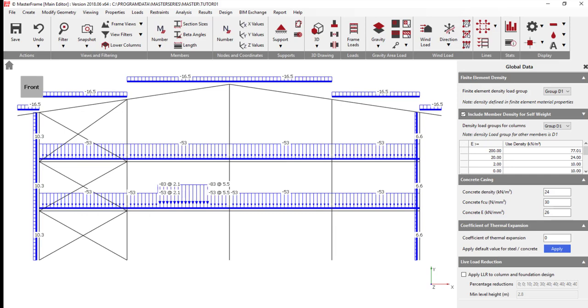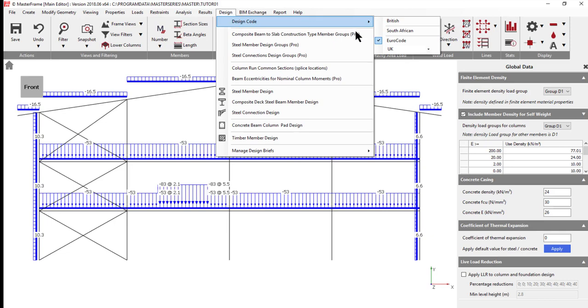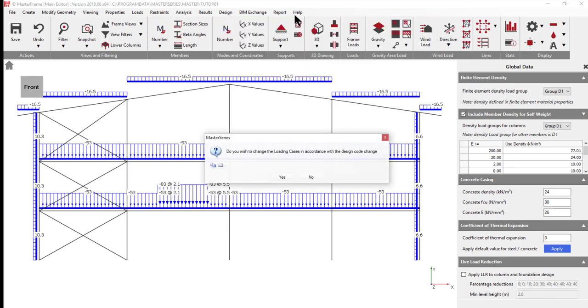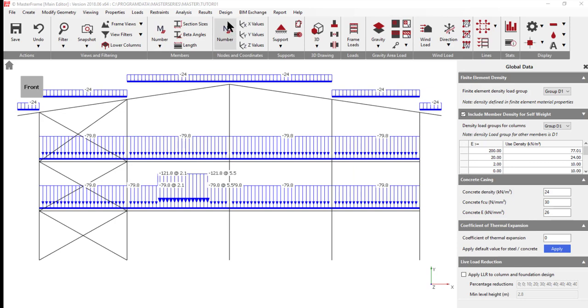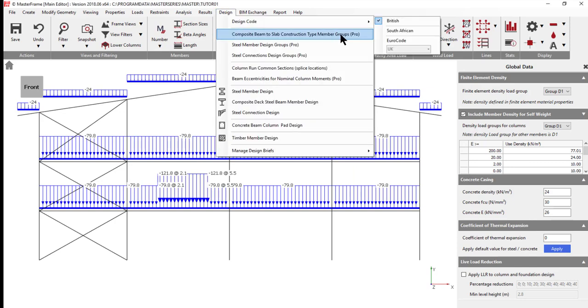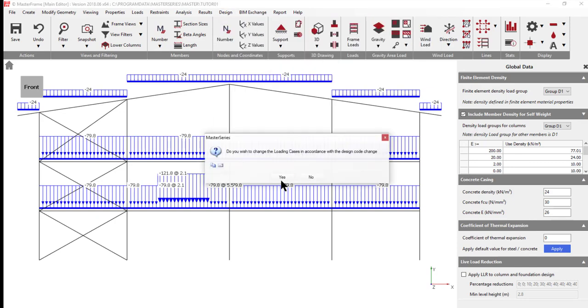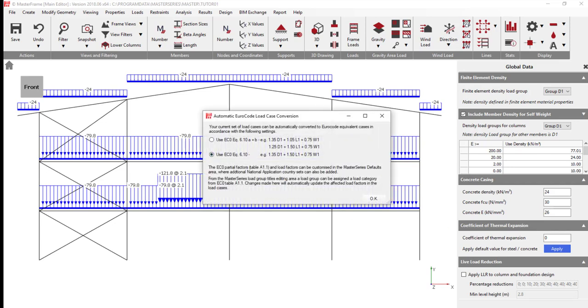So now what we want to do is to create some loading cases, but before that we need to make sure we're working to the right design code. So under design code, if we were working to British design code, we go to Eurocode, yes, and it's now going to ask us to choose between the two sets, and I'm going to go for the more simplistic 1.35 and 1.5 rather than 1.25 and 1.5 plus the following. So I'm going to say OK,